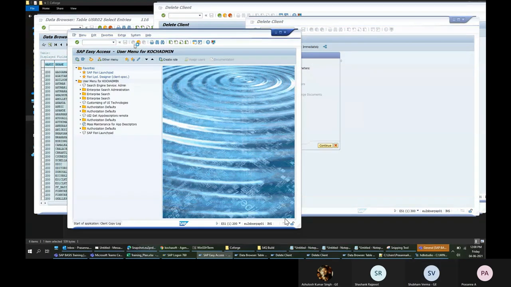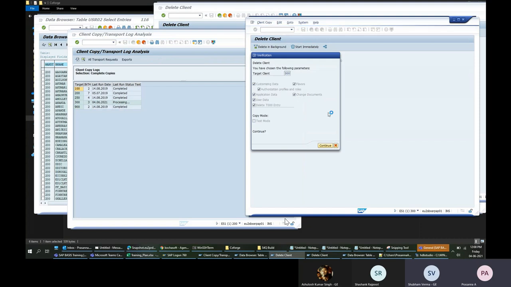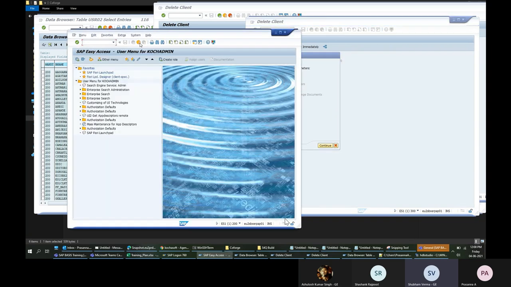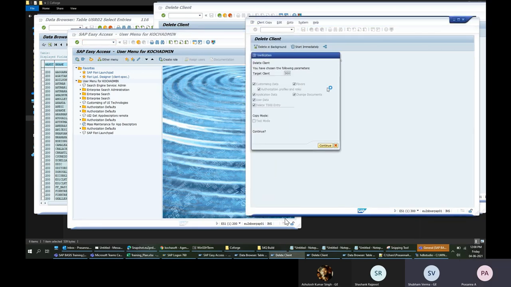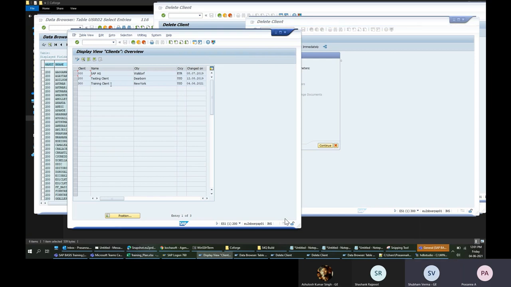Okay, let it run. Meanwhile, that SCCL is a T code for copying the content from one client to another, right? Yes. And for creating, we have to go to SCC4, go to edit mode, and add a new SCC4 entry. Okay.